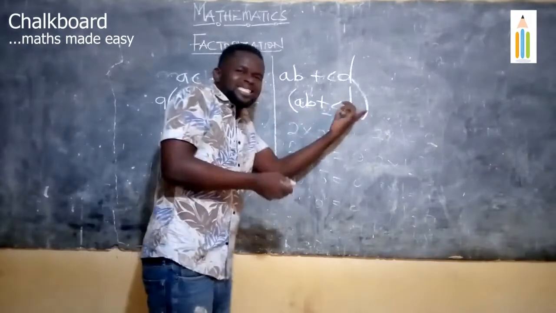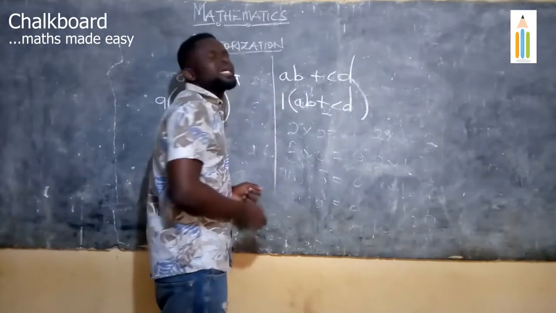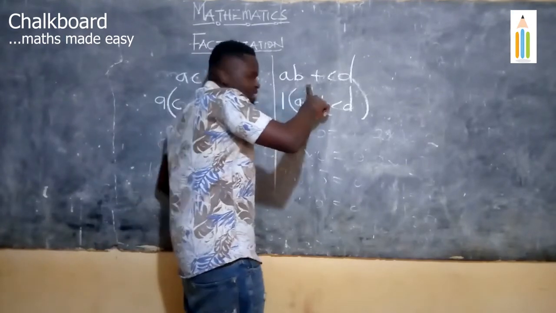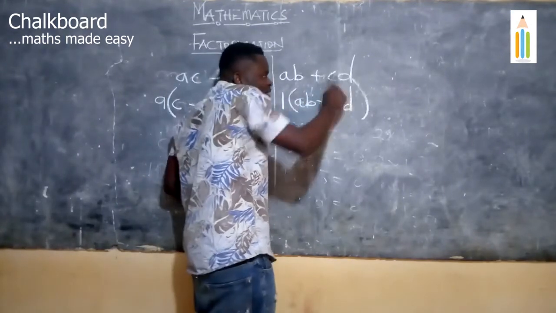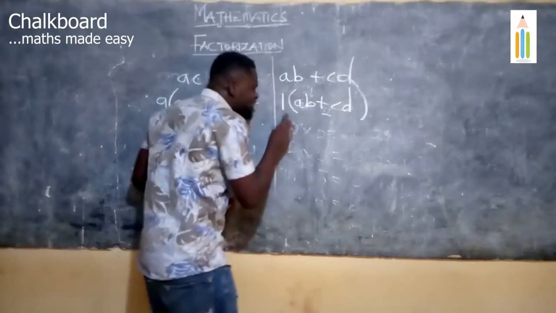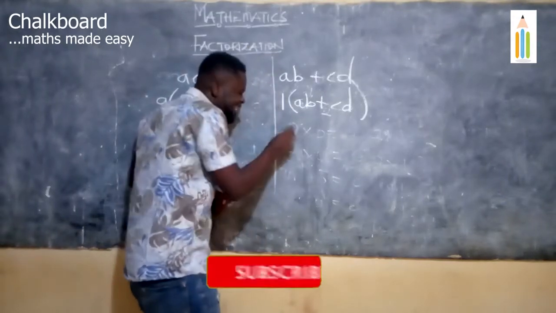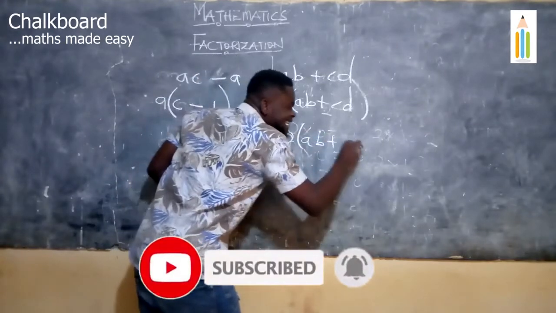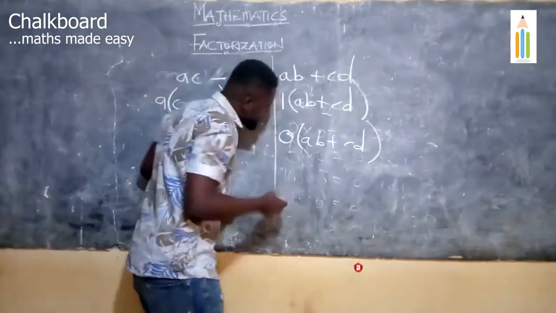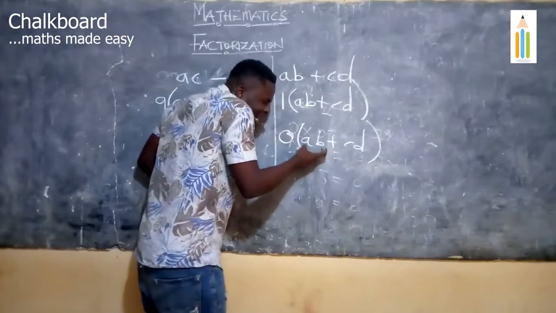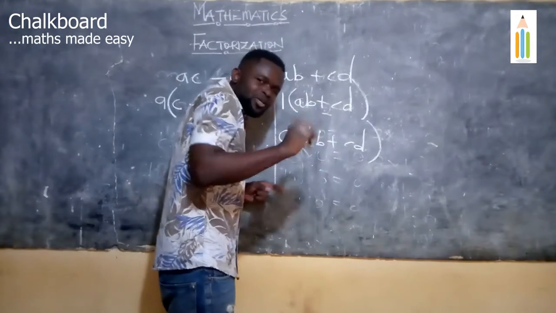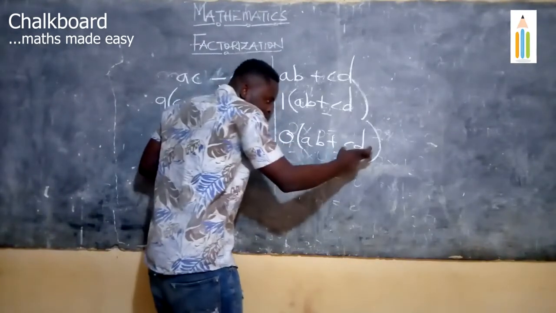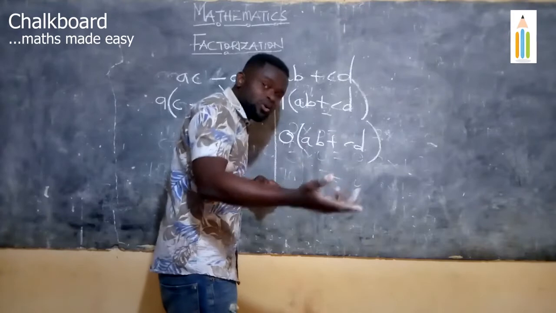But we can't leave it like that. We have to have one outside here, so that if we multiply the 1 by AB, we are getting AB. We multiply the 1 by CD, we are getting CD. But remember, if the answer is 0, because we can't bring anything out, we choose to write 0 and AB comes here plus CD comes here. It means that if we multiply this 0 times AB, we are getting 0, which will not make our answer right. And if we multiply 0 by CD, we are also getting 0.